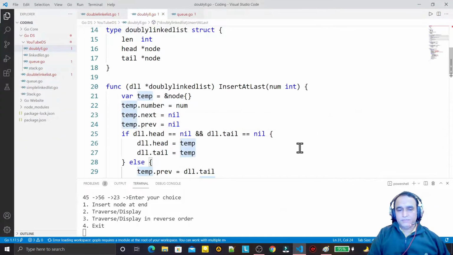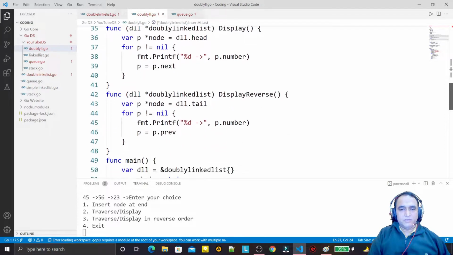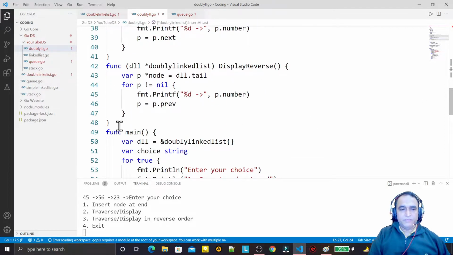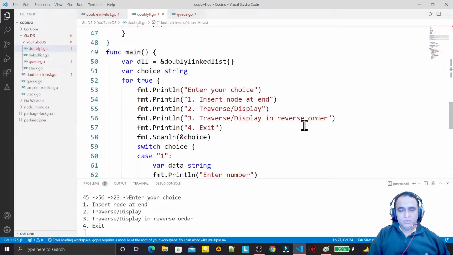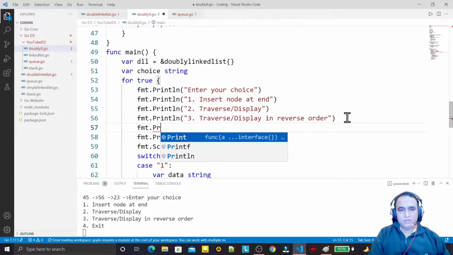So here, let us go to the code. Insert at last we have learned, and reverse and display in the same order we have. Now I am going to extend this program. So I say here fmt dot Println, and